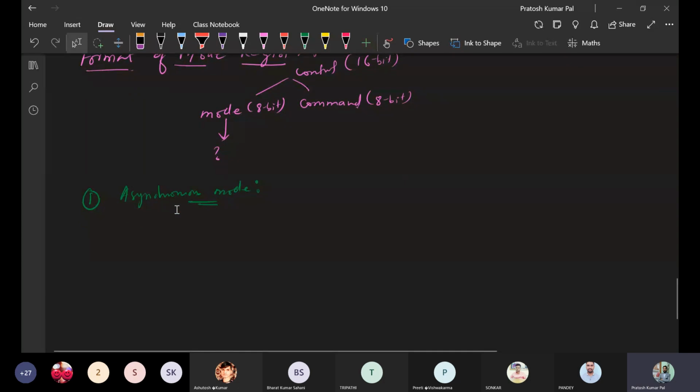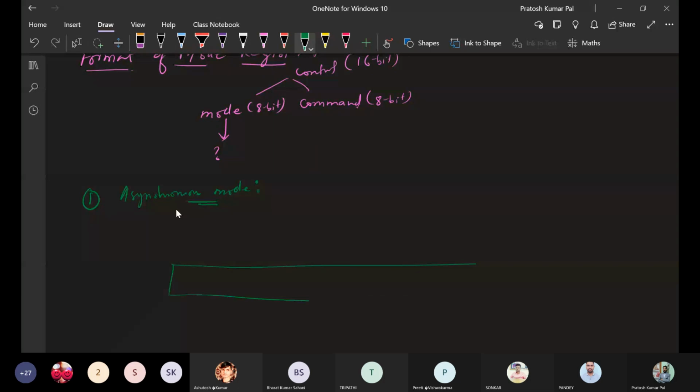Here this mode register format will be given by, okay, these 8 bits are assigned different works or different operations.